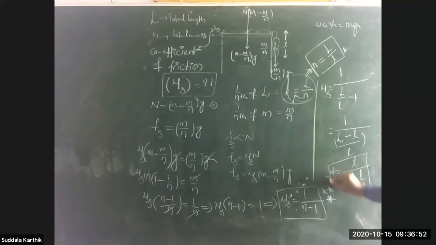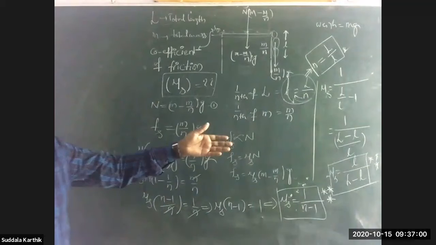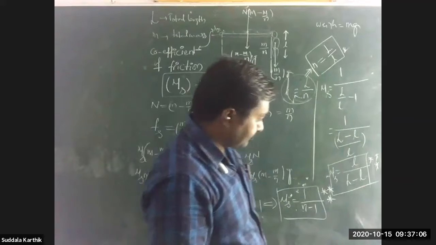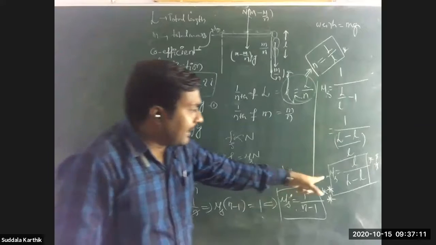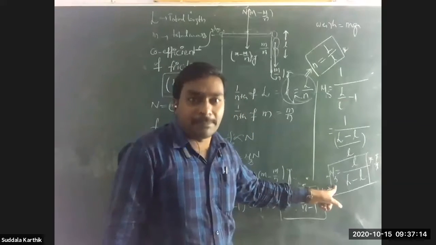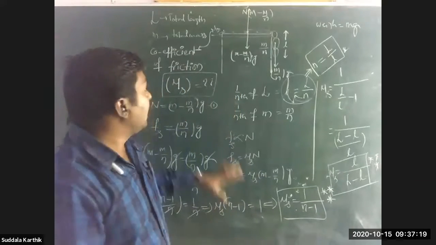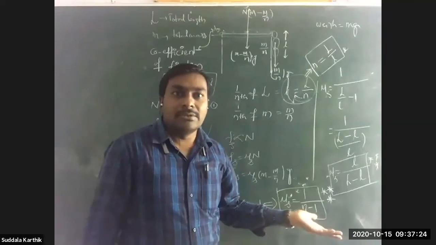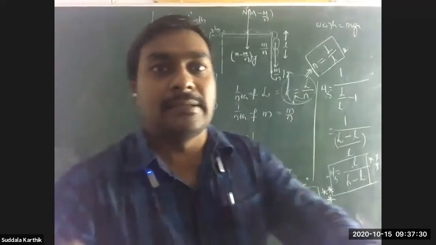Mu s is equal to this. This is also one important equation, Nana. Just now we have discussed, yesterday we have discussed that one also. Yes, (capital L minus small l)/small l, and small l/(capital L minus small l). Two equations. By using those two equations, you can get the value of mu s. For that purpose only we have derived this part, Nana. Otherwise you don't need to worry about that, Nana.